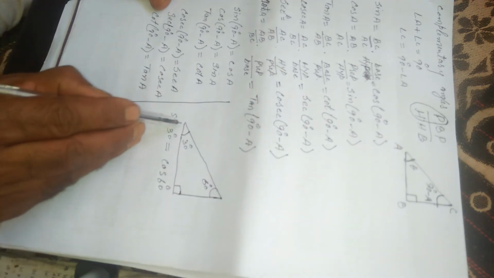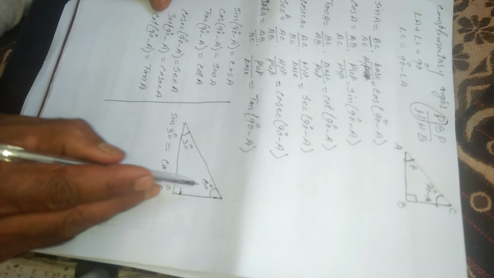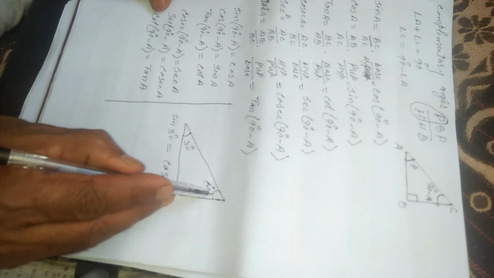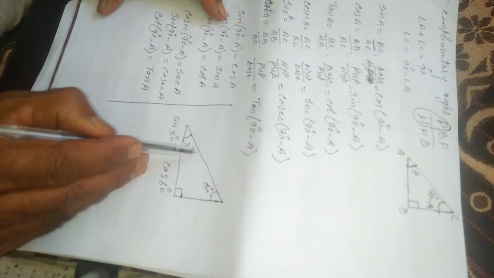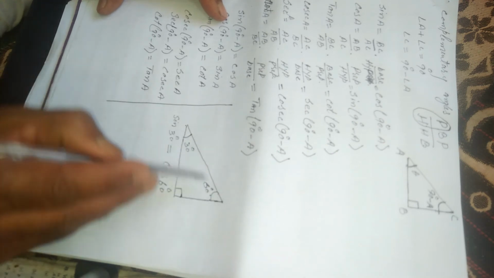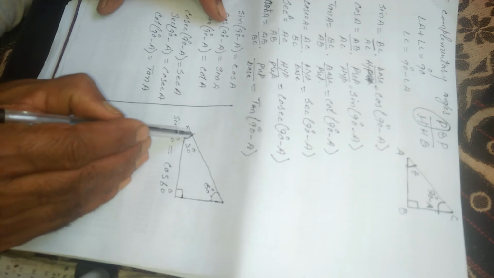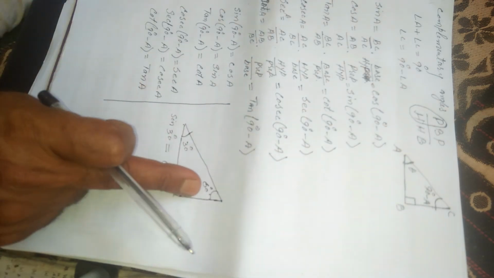This is the recapitulation of our finding, or sine of 60 degrees always equal to cos of 30 degree. As any of these two angles can take the value of 90 degree minus theta. If this is 60 or this is theta, this is 90 degree minus theta, and vice versa.